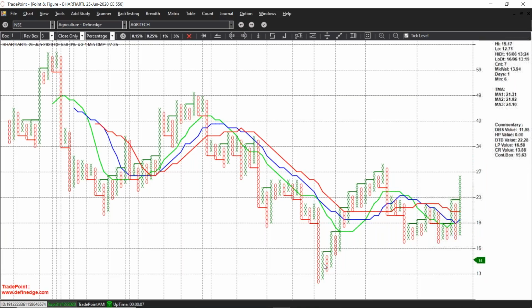If you see this chart, there was a move from 12 to 29 initially, and then it declined to something like 16 in the last 2 days, and now it has started going up again. So any dip in it can be bought with a stop loss below 16, or the worst case stop loss is below 12, the lowest of the series. However, if it crosses 29, then it can go to even 49. This is a 550 strike price call, and expiry is approaching, which means Bharti can go back towards 580, 590 from here in the next 4 days.